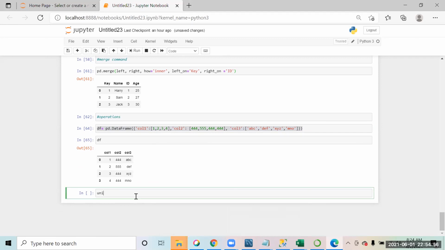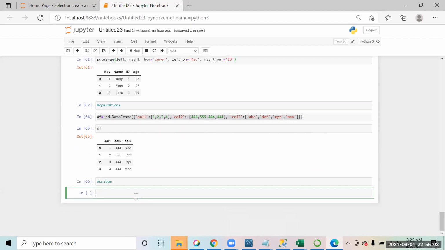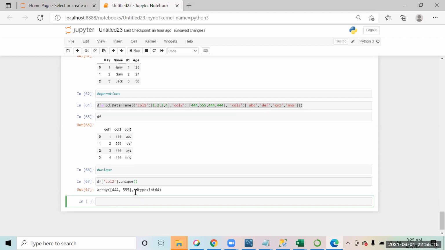So similarly, we have a unique function in pandas, right? So how do we use unique? Suppose you have this data frame and in column 2, you want to find the unique data. So you can say unique, right? So these are two unique values that you have in that.